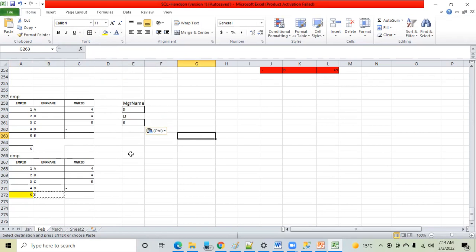Okay, so if I ask you who is the manager of D? No one, right? Because you have null. Null means no one is the manager of this. Or else, if you want to understand from a joining perspective, what you have to do is copy this from here,